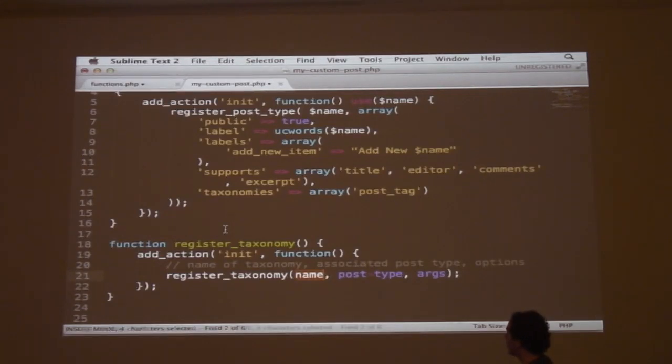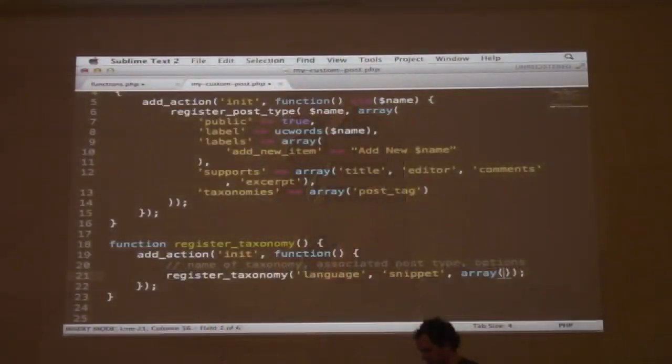And this will accept 3 parameters. First one is, what is the name of this taxonomy? How are we going to filter the content? We're going to make it lowercase, and we're going to call it language. And the post type, we have to tell WordPress what it relates to. Otherwise, how would it know? Should this display for posts? Should it display for pages or attachments? We want to display for snippet. And then args is a list of options. Once again, that configure it essentially. So let's do,